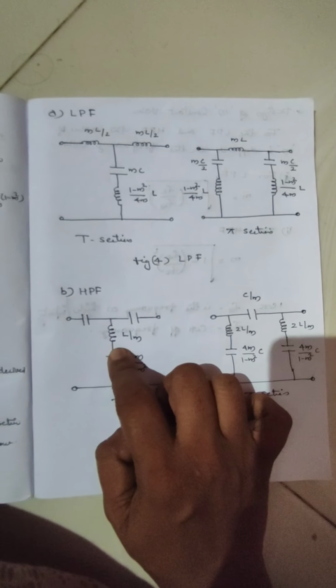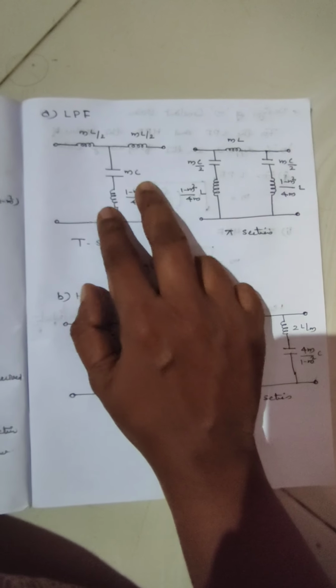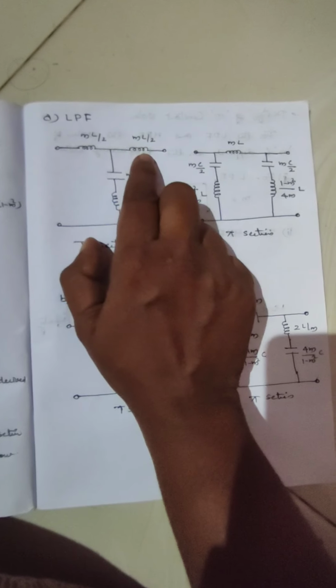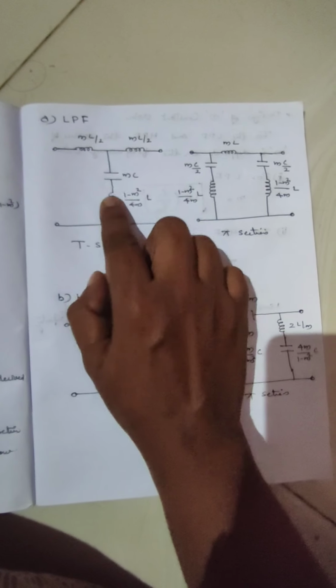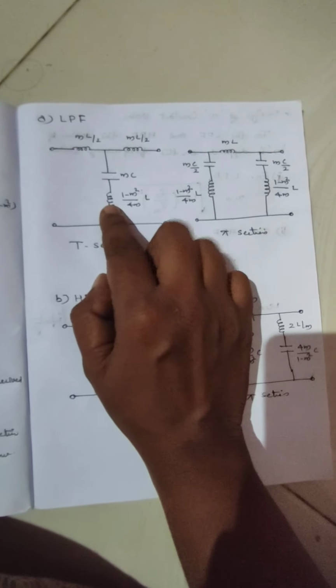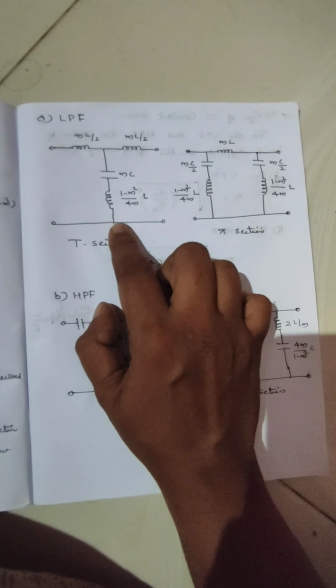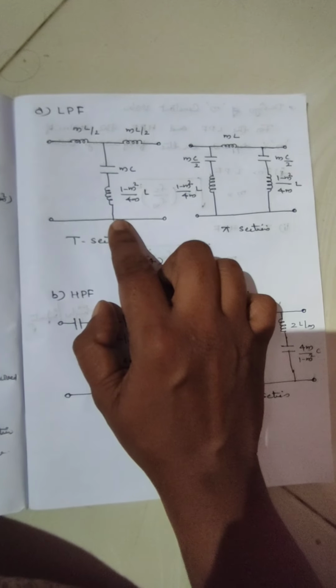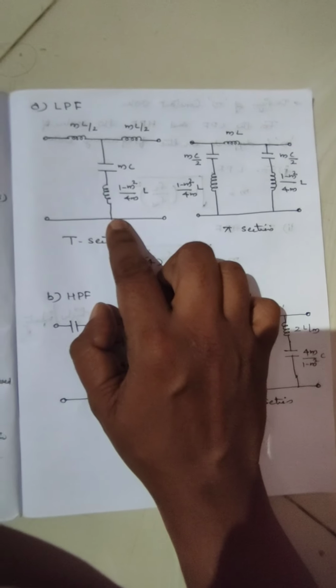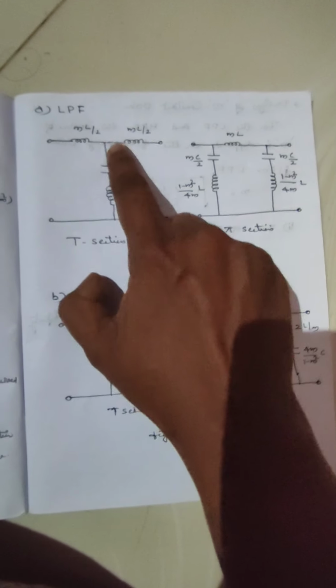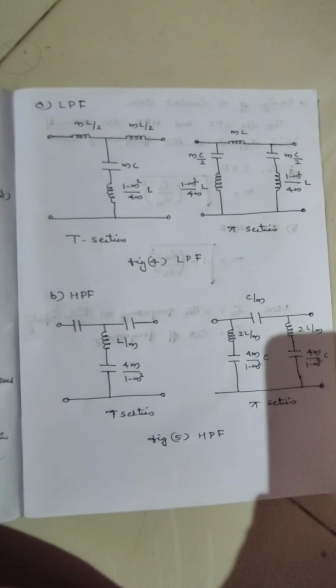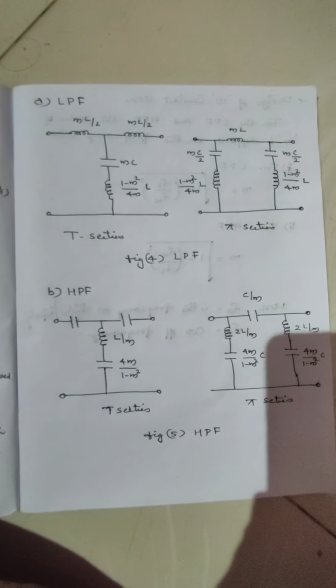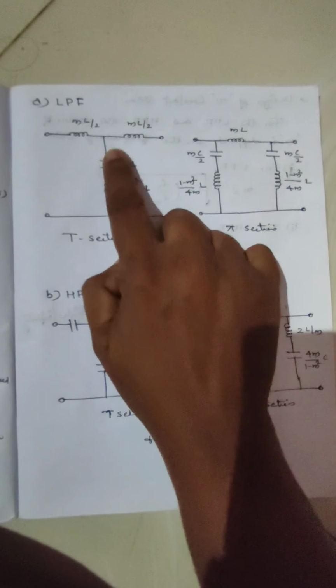Okay, so listen, first we are going to discuss the low pass filter. We know the inductors are series, and moreover the capacitor is parallel. But within the parallel section, this M derived filter does not have a single component, it should have the two components. As compared with our K constant filters,